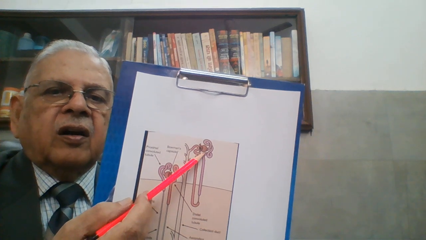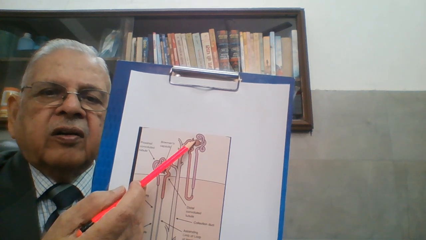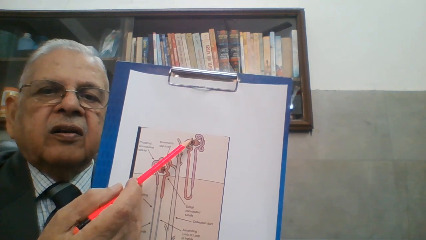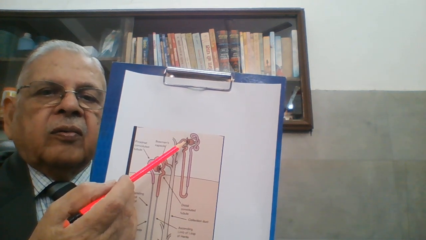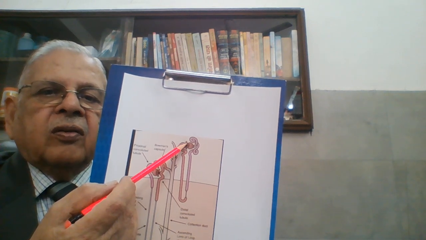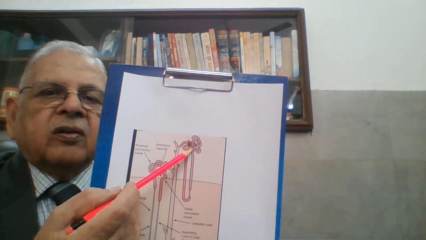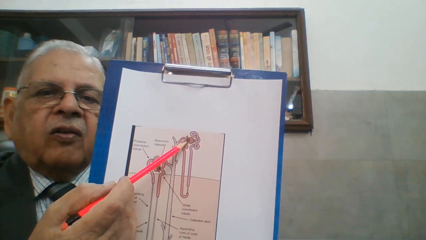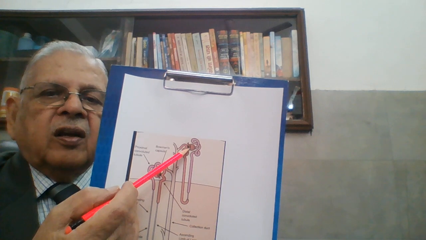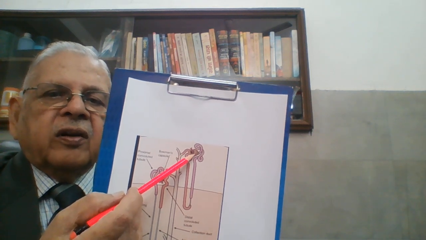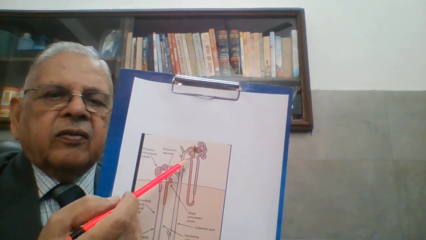This rounded structure is called Bowman's capsule. This is the filtering unit. As I said, this artery comes here. This is the afferent artery, a branch of the renal artery. The renal artery is coming from the aorta, as I showed you. It brings blood, dividing into various branches, and each branch goes to the rounded structure called Bowman's capsule. The tuft formed by these capillaries is called the glomerulus, and the structure in which they are located is called Bowman's capsule. The filtering occurs here, and after filtering, the urine enters